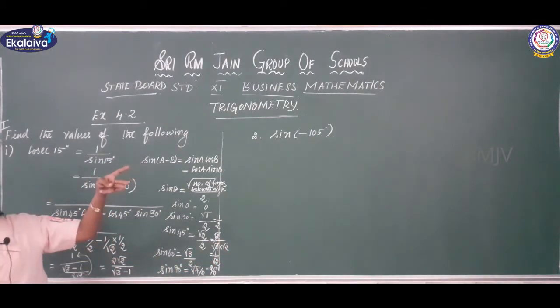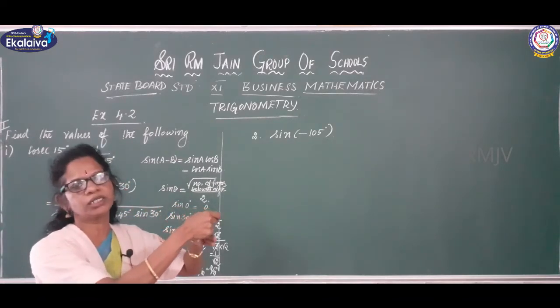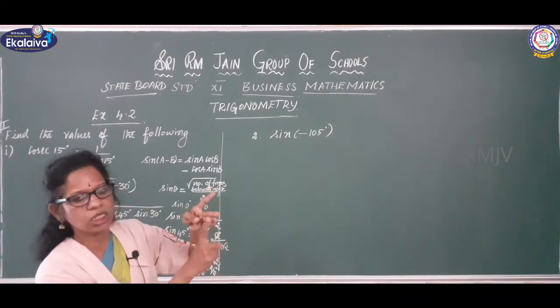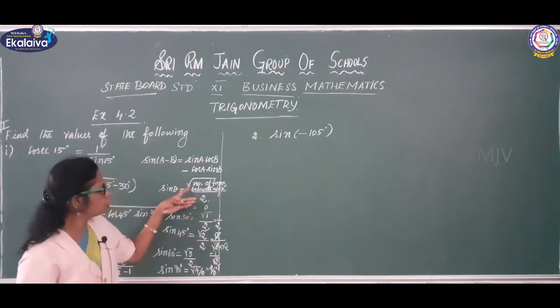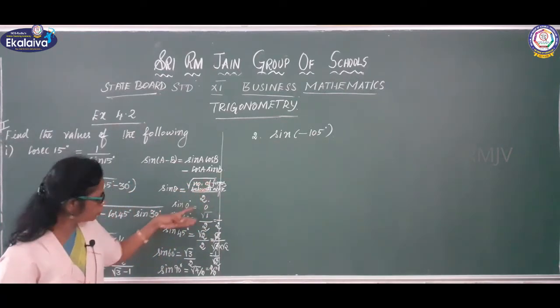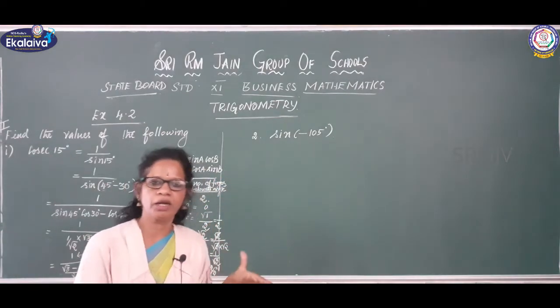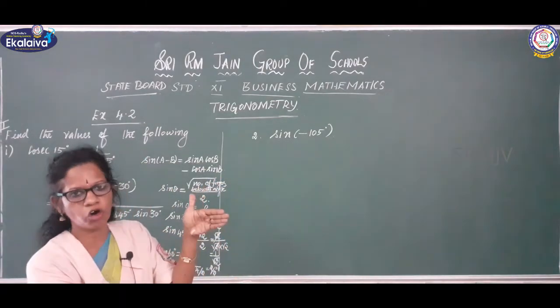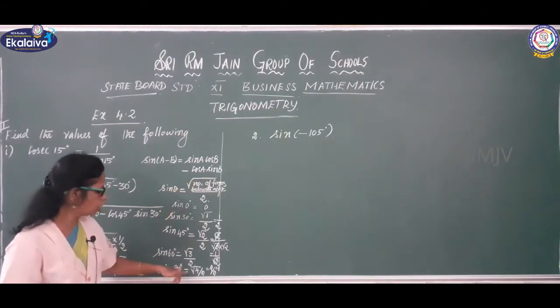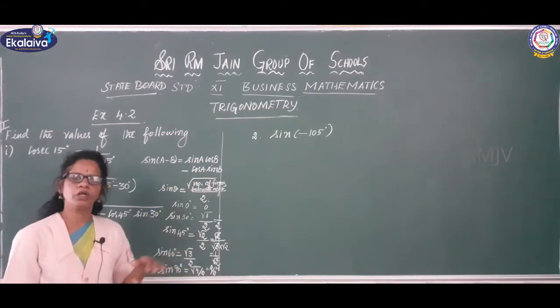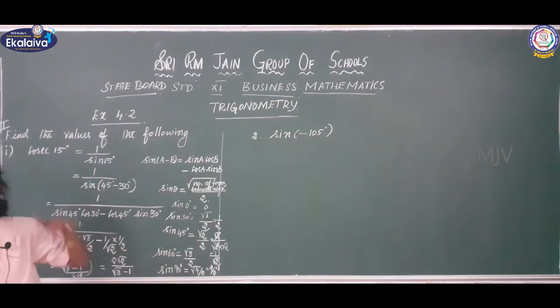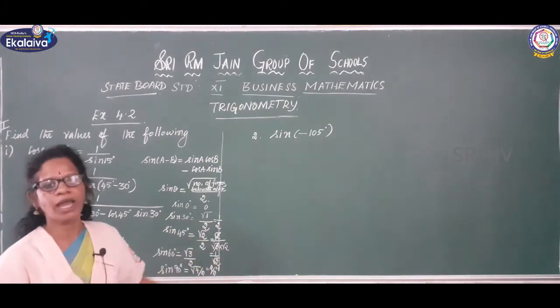Sin 60 degree. My index finger is 60. Below 60, 3 fingers are there. The formula is square root of, so square root of 3 by 2, 60 degree. This is my 90 degree thumb finger. Below 90 degree, 4 fingers. Root 4 is nothing but 2. 2 by 2 equal to 1. It is an easy way to remember the values of the angle.